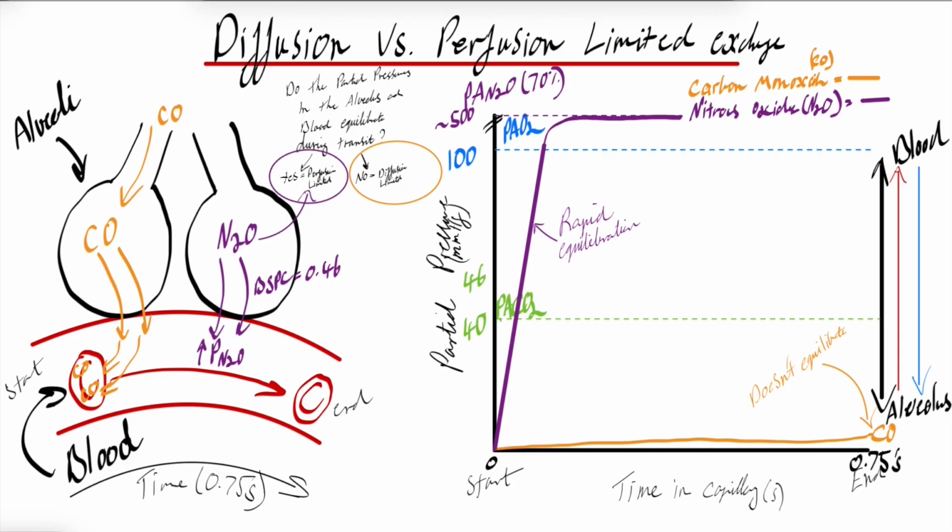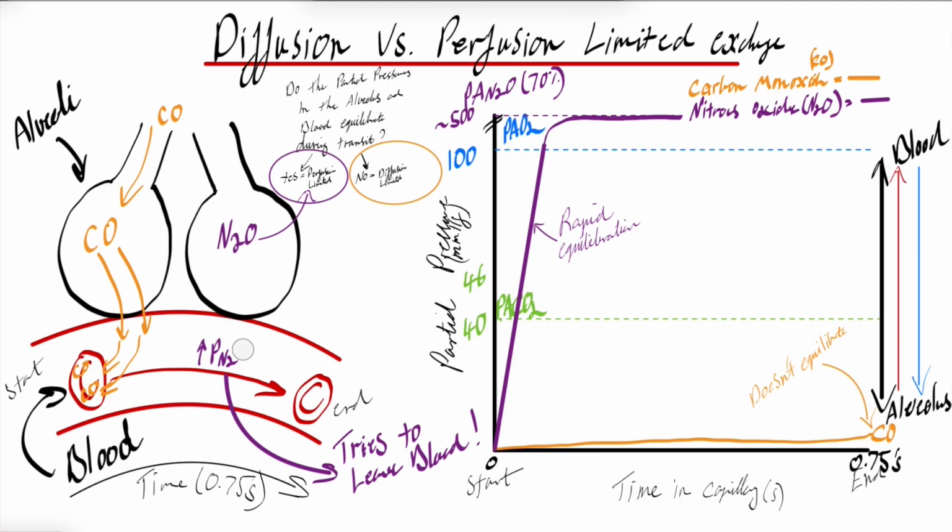Because of this, nitrous oxide also tries to leave blood really easily, which means that if there are air-filled cavities such as a pneumothorax or pneumoperitoneum, and you were to use nitrous oxide as an anesthetic agent, it would leave the blood very rapidly and fill these air-filled cavities and expand them further. It also means that at the end of an anesthetic, when you turn the anesthetic off, it will rapidly leave the blood into the alveoli, which expands the alveoli. And because of this expansion, the partial pressure of the other gases in the alveoli will decrease,